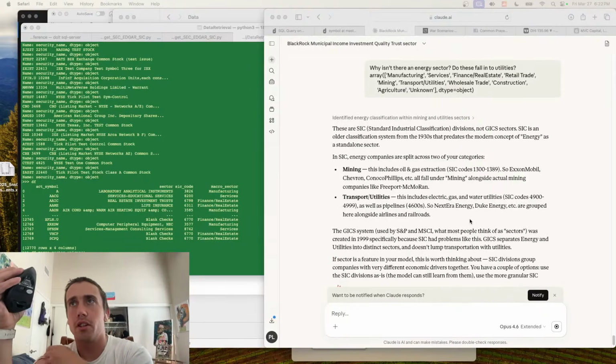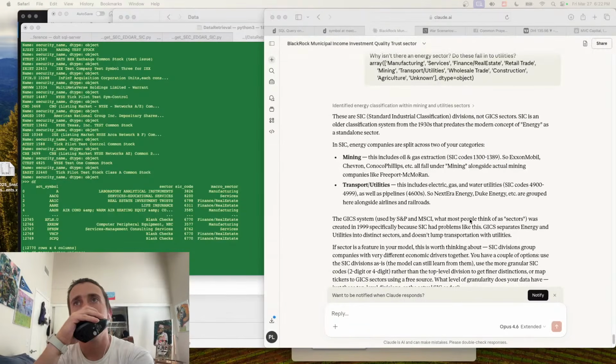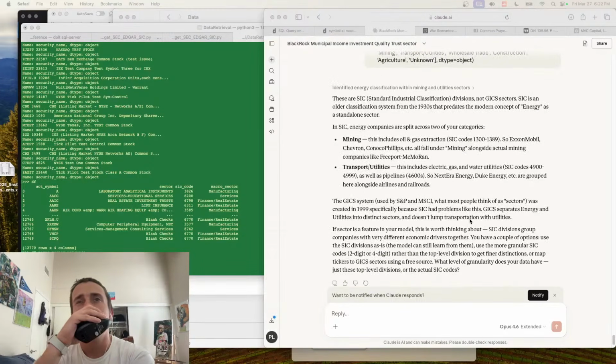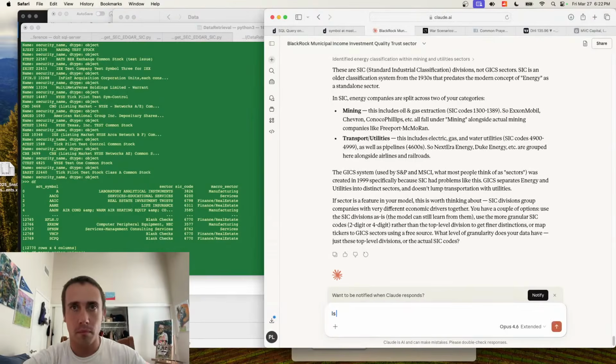These are SIC divisions, not GICS sectors. Oh. So it's kind of outdated. I do have the SIC code. So how can I map SIC codes onto